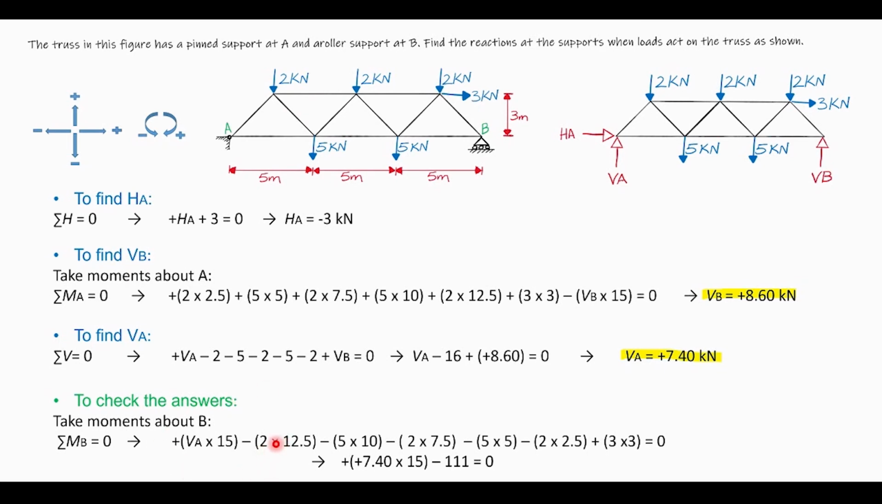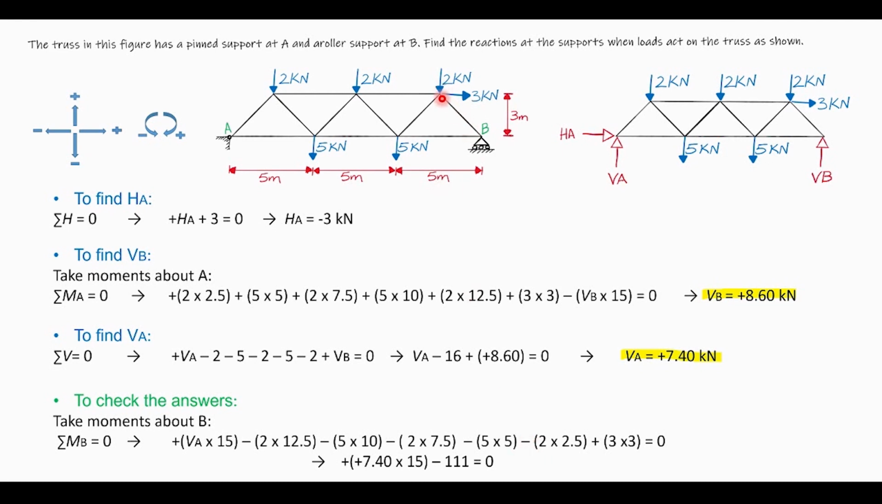Therefore, it is negative, multiplied by the distance from this point to here, that would be 12.5, minus this 5 kilonewton acting anti-clockwise, multiplied by the distance 10 meter, minus this 2 kilonewton acting anti-clockwise again, negative, multiplied by the distance from this point to here, that would be 7.5, minus this 5 kilonewton acting anti-clockwise, multiplied by the distance 5 meter,